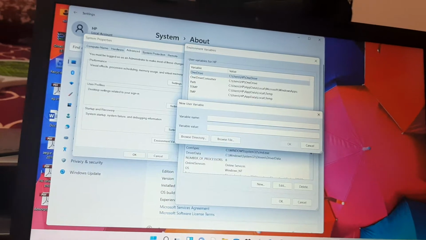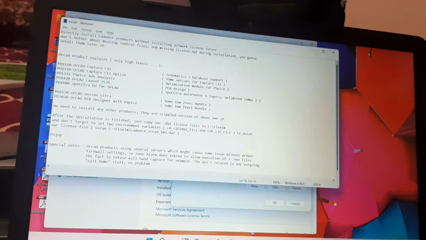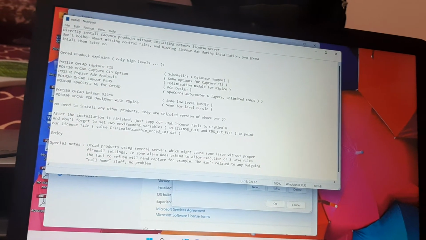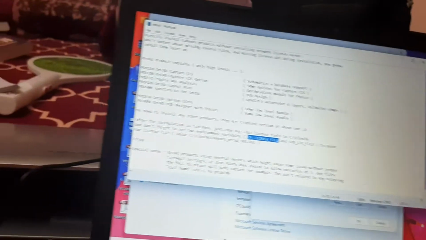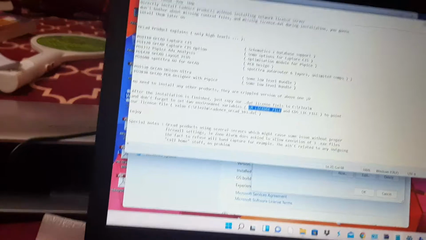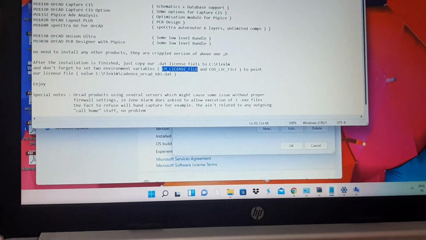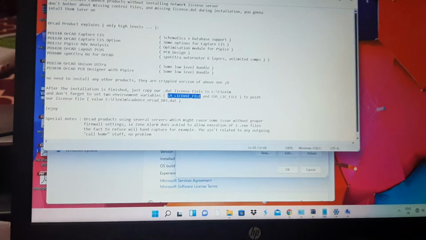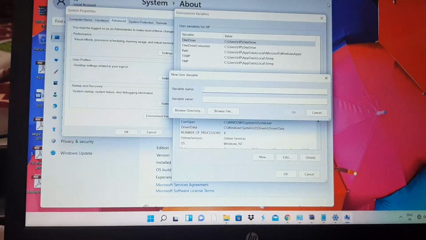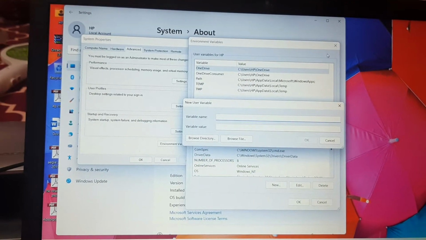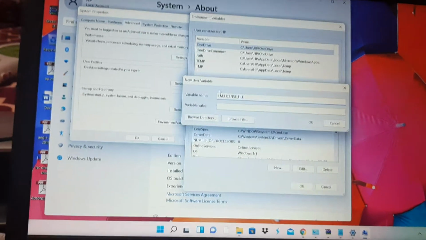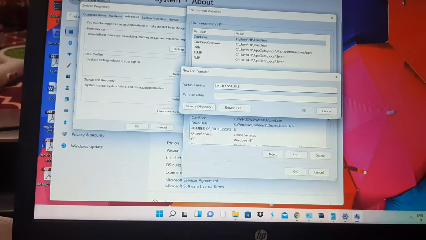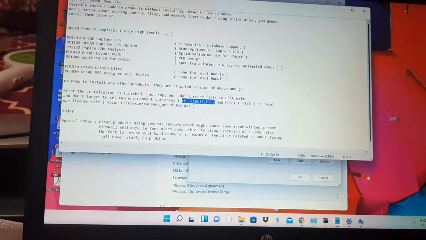After that, go to that txt file. These two variables, so copy the first variable, LM license file, copy it using Control C. And then paste here. And for variable value, again go to this txt file.